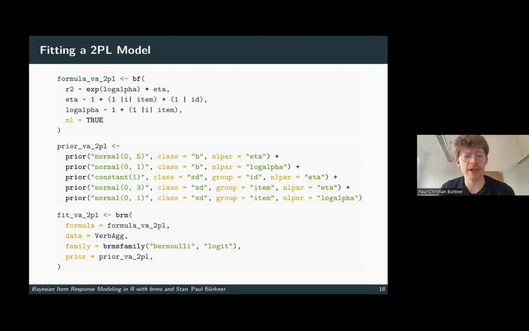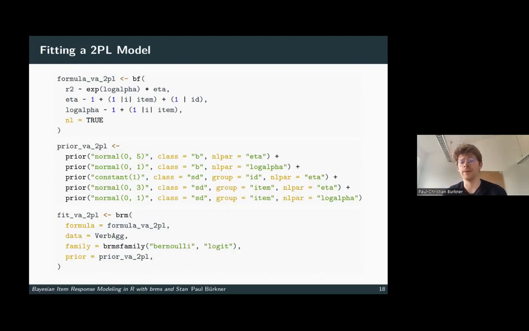Prior specification becomes a bit more involved. Before, we didn't have to specify any priors. BRMS would take care of them in terms of default priors. But that doesn't mean they're always sensible. So I would always recommend that you specify your own priors and don't necessarily rely on the default priors. And I want to bring your attention to the 3rd line of the prior specification,